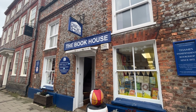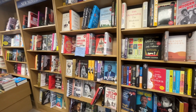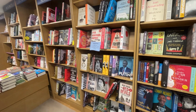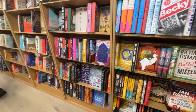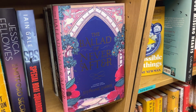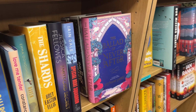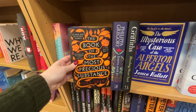It's really tiny and quirky. What I like about this one is because it is small, they don't tend to have multiple copies of books a lot, so there's a real mixture of different kinds of books in here. There's so many different kinds, you really have to hunt around and see, and a lot of the books will have stickers with staff recommendations on them. I saw one of my most anticipated reads, The Book of the Most Precious Substance,